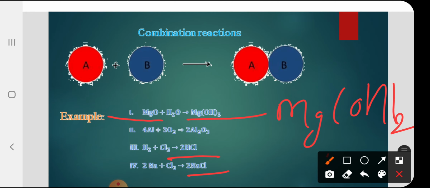So do not get confused. MgO is magnesium oxide, Mg(OH)2 is called magnesium hydroxide, which is also used in antacids. HCl is hydrochloric acid and NaCl is sodium chloride. I hope these compound names are clear to you. Now you have to write the definition of the combination reaction in your classwork copy with at least 6 of the given reactions in the PowerPoint presentation. Please write this, and you know that Thursday is your copy submission day. After that, click a photo and send it to me.